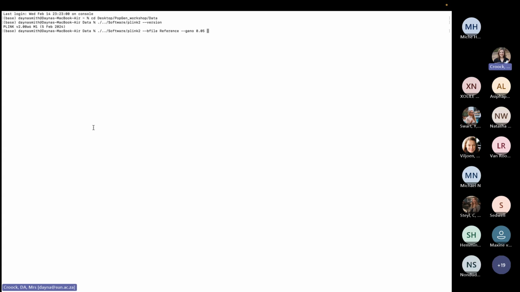Yes, that's a good question. Genotype missingness in this case is the genotype call rate, which is what Plink uses to understand SNP missingness, if that makes sense. Remember in computer coding, the language that you use is really, really important. You have to understand what language the software uses in order to use it properly. That's why it's really important before you jump straight into using a new software to